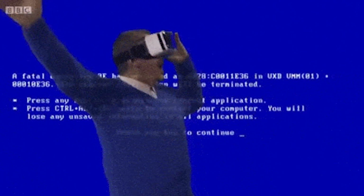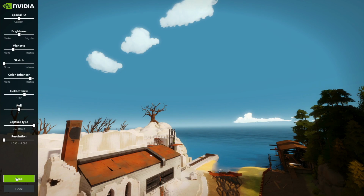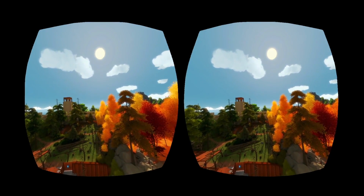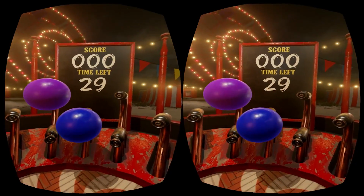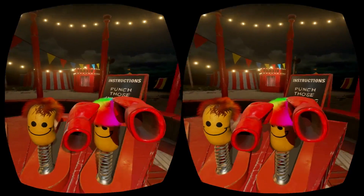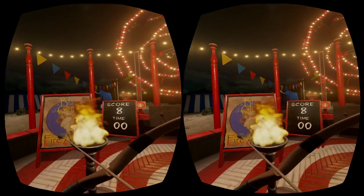The first feature was Ansel, basically a 3D Photoshop for in-game screenshots. Ansel gives you the ability to edit your screenshots within a 3D space. Next up was VRWorks Audio, the world's first physically based acoustic engine. What this particular feature does is that it enhances the sounds of the virtual environment by simulating sound bouncing off